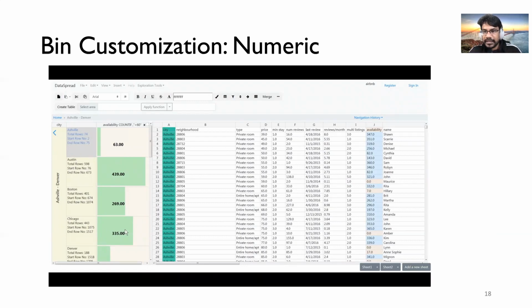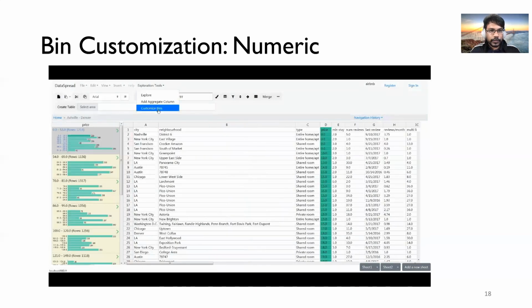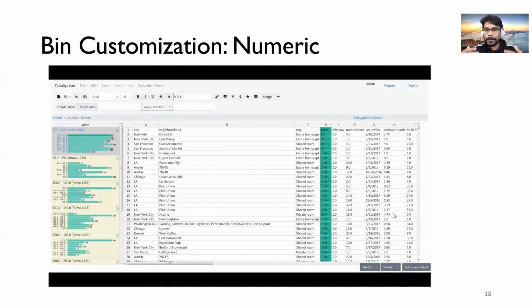Let's say the user is interested in exploring the rent statistics of various price ranges for the Airbnb data. So the user chooses to explore the data by price. This is how the new overview would look for price. Now the user may think that the bins shown by NOAA are not meaningful to them, and they proceed to merge the top 3 bins, which corresponds to the price range of $0 to $85. So the user might think that up to $85 per night is a more valid price range than the initial breakdown that NOAA provided. Therefore, such customization enables the users to infuse domain-specific context if need be.